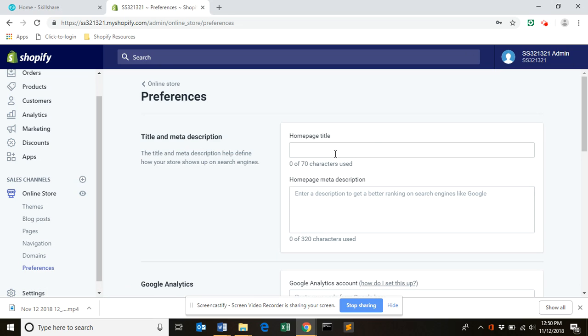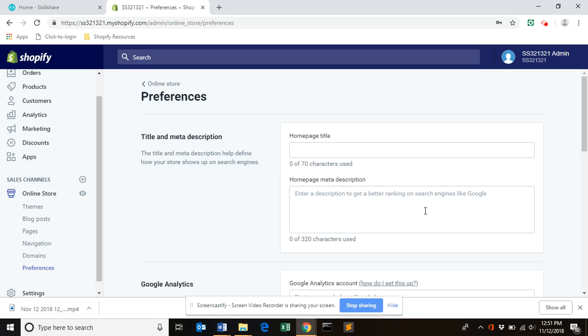So we've got this section at the top here, which is homepage title and homepage meta description. This is basically what's going to be published in the search engines such as Google. Now, they don't have to take this. Google can change this. It doesn't necessarily put up exactly what you tell it to, but 9 times out of 10 it will do. So you need to write this in a way that very clearly explains both to Google and to the general public, when they're looking at the Google search results, what it is you do, what it is you sell,